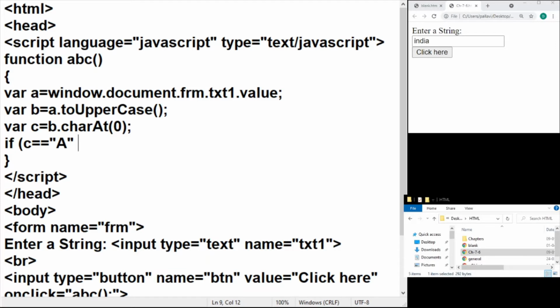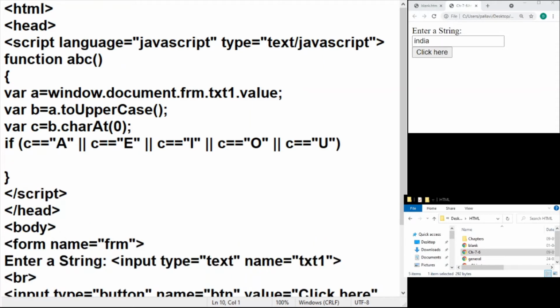So C should contain an uppercase A, or C should contain an uppercase E, or C should contain an uppercase I, or C equals uppercase O, or C equals uppercase U. So if it is one of these 5 characters, then I would just go ahead and print